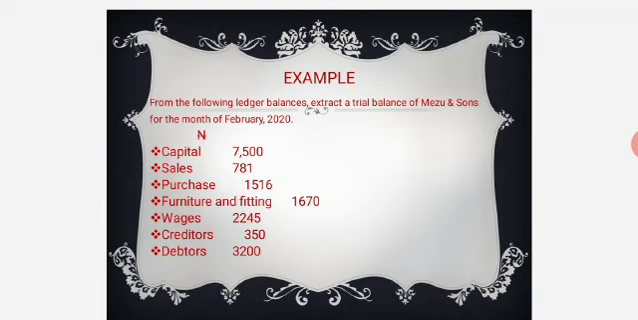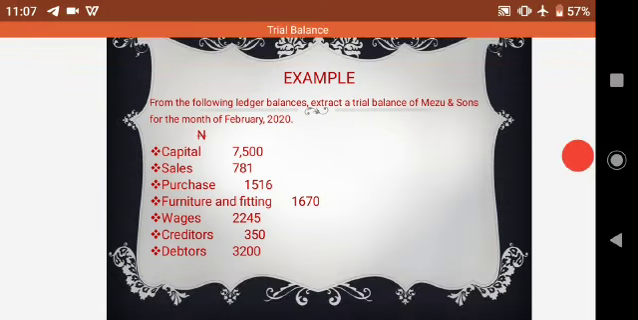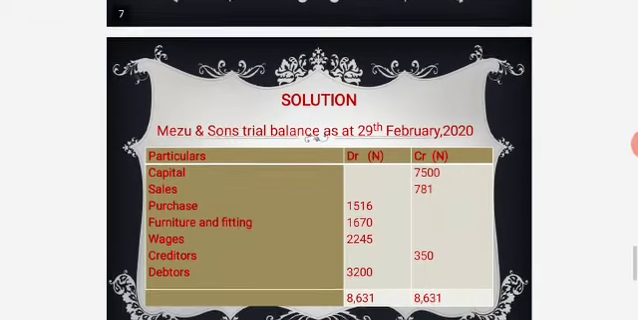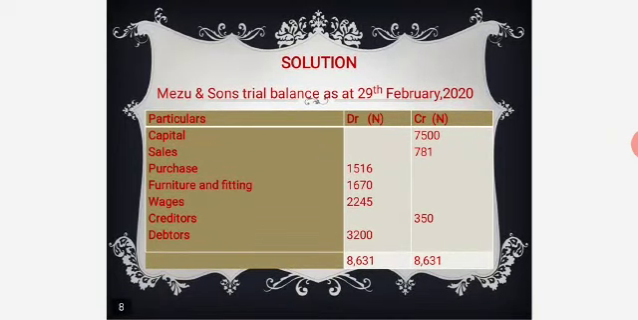sale 781 naira, purchases 1,516 naira, furniture and fitting 1,670 naira, wages 2,245 naira, creditors 350 naira, debtors 3,200 naira. If a student is able to identify the items that are assets, the ones that are liabilities,